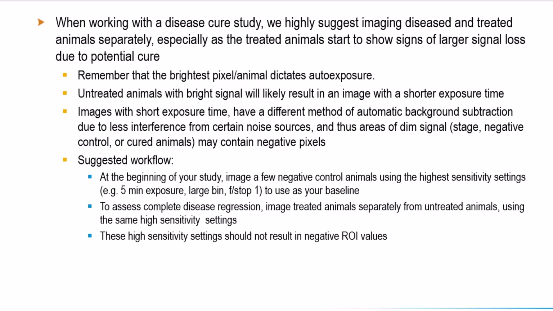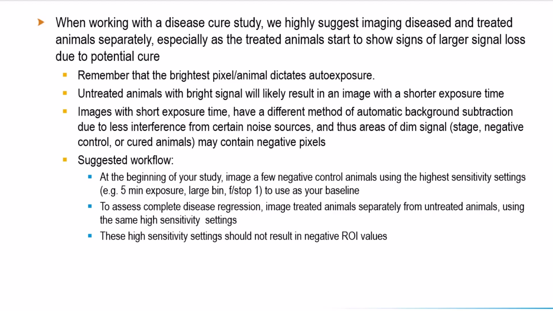Mice with a higher signal will require lower exposure times. This will increase the potential for negative measurements on your control mice. After that, background subtraction is performed by the software. We recommend imaging your control animals manually using the highest sensitivity settings possible. An exposure time of 5 minutes, an f-stop of 1, and a binning of 16. Doing so will ensure that your baseline counts are high enough to not generate a negative reading after the software